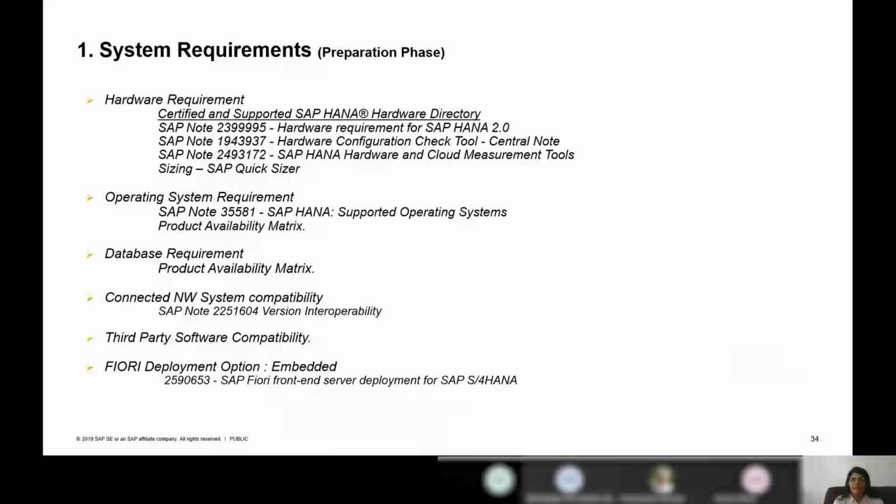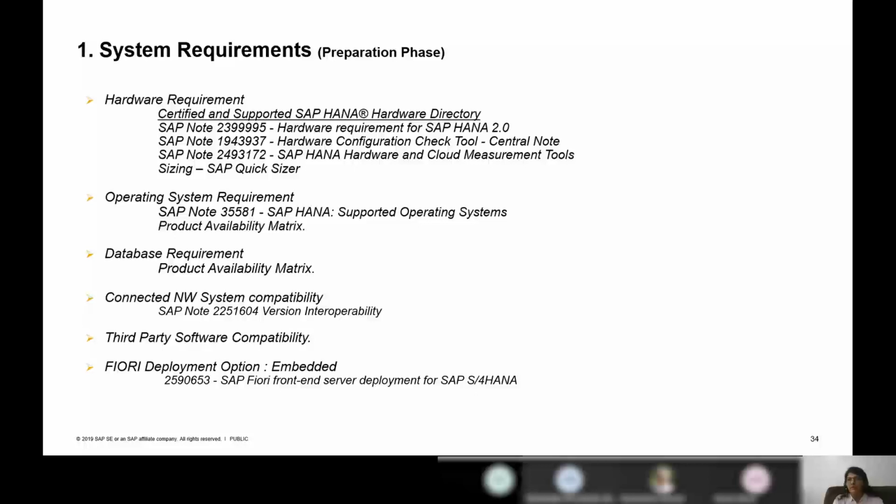By using the SAP Note hardware configuration check tool, you can also predict what kind of performance you will get when you shift from 1511 to 1909 or 1610 to 1909. Apart from this, when it comes to hardware requirements, because you are doing an upgrade from 1511 to 1909, you also need to predict how long you are going to keep the software. For example, if you plan to keep the software for the next 5 years, you will do an upgrade to 1909 and continue to run 1909 for the next 5 years. In this case, you will have to predict the load for the next 5 years.